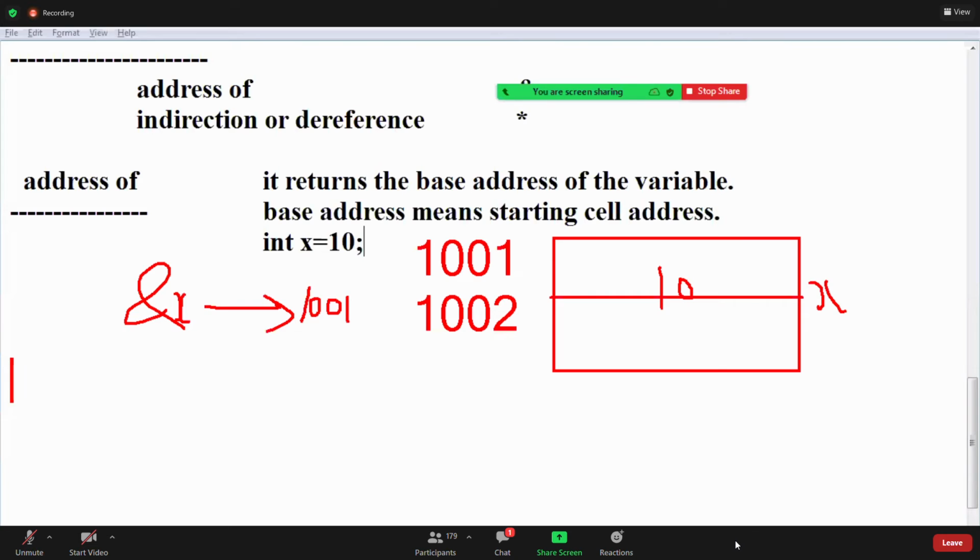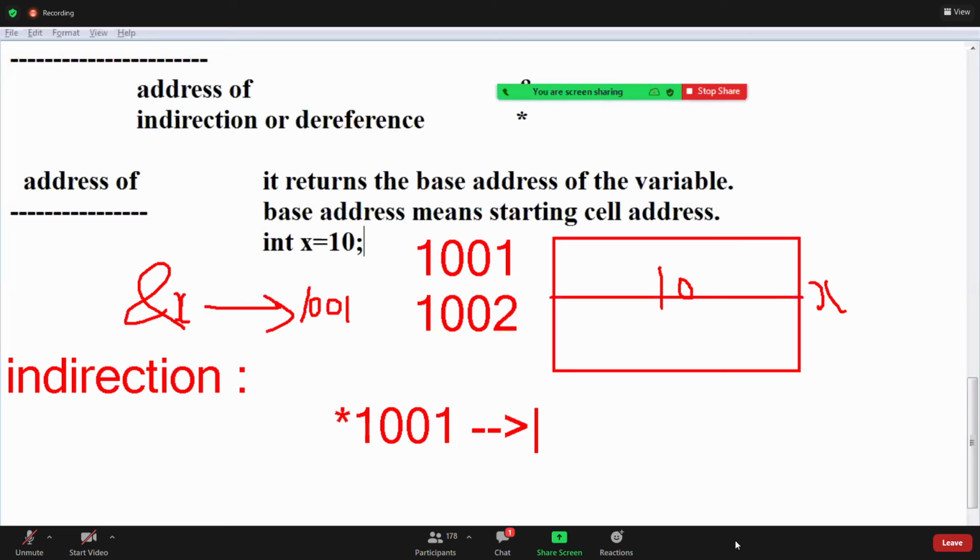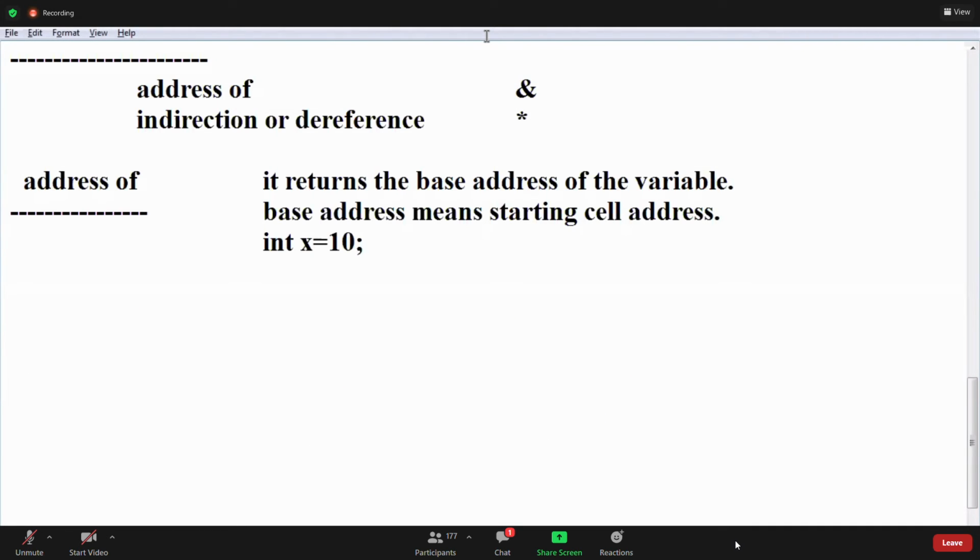Next, indirection operator. What is the indirection operator? It returns the value from the address. How to use this, guys? Star 1001. If I say star 1001, what is the value located at the 2 bytes? Why 2 bytes? It recognizes which address it is. It recognizes this is an integer address. Then it accesses the 2 bytes of data. This is the specialty of that operator. It recognizes what kind of address it is, and after that, it returns the 2 bytes from that location. Clear? Star 1001 gives 10 as the answer. Clear? Write this. Next one.